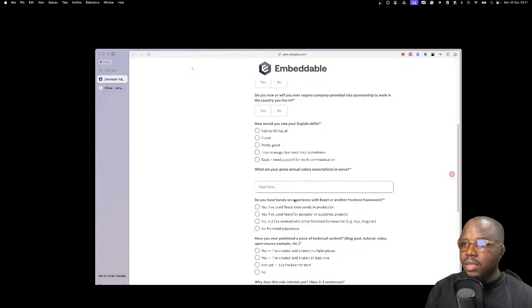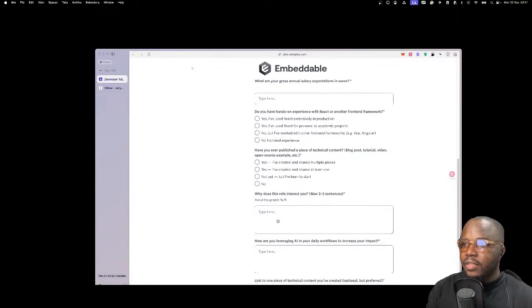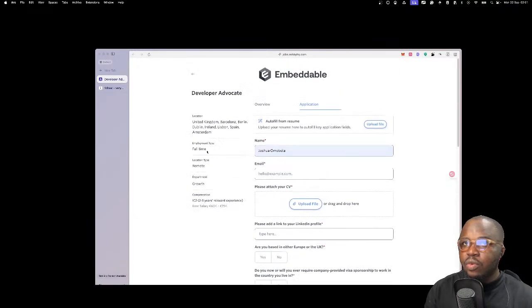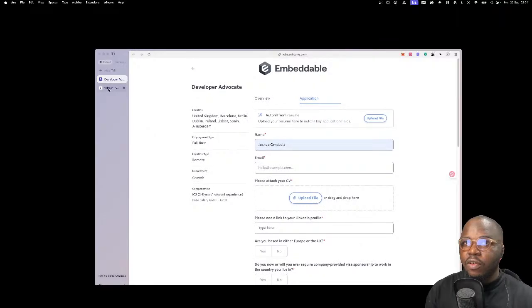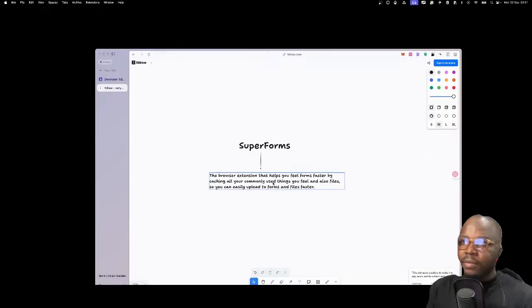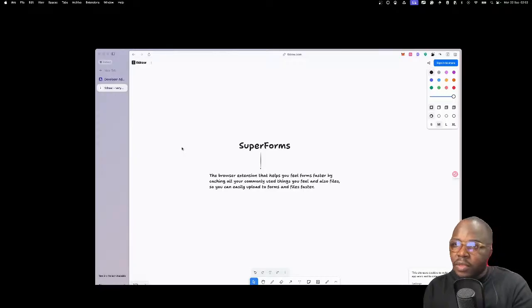And things like this, oftentimes you might have a base template somewhere you can use, right? So that's the general idea. So what if there's a tool, maybe not super forms might be the name, but something else, maybe super fill or form fast, fill fast. What if there is a place where you can store all the stuff? Very simple UI. You click an item, you add the data, and then you add what you are trying to catch. So if there's a LinkedIn in the label, if there's a socials in the label, it shows those. That's basically the idea.